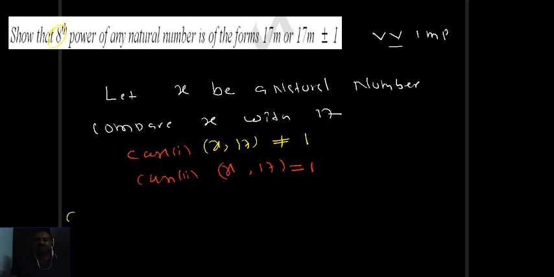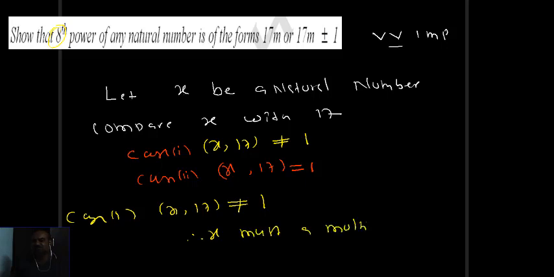Okay, again I go to case 1. What is case 1? x and 17 are not co-prime. Since 17 is a prime number, x must be a multiple of 17. Don't think that x is always a multiple of that number. I will show you. For example, 8 is taken. A number is taken, for example, some x. x and 8 are not co-prime, but don't think that x is a multiple of 8. That is not correct.